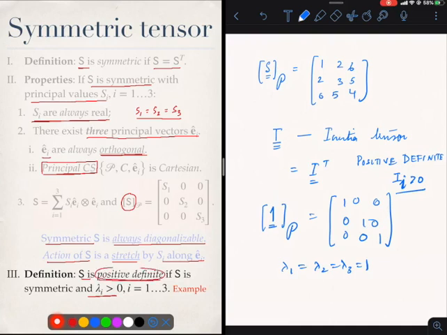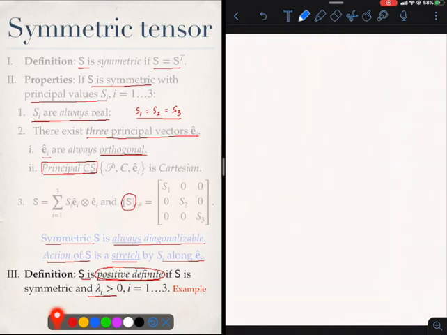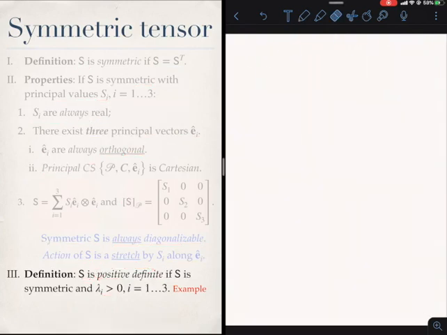Okay, so now I will quickly give you an example which will demonstrate this important property of a symmetric tensor, that its eigenvalues, its principal values, are always real, and no matter what they are, whether they are the same or different, we can always find three principal vectors which are orthonormal. All right, so let's do the example. The example I had in mind was this tensor A, which in some coordinate system, let's call this coordinate system E,